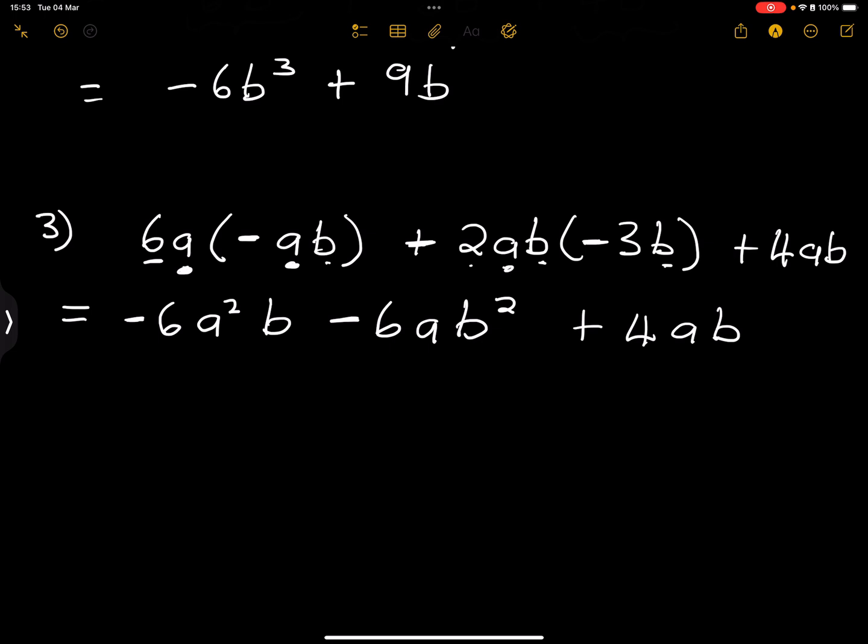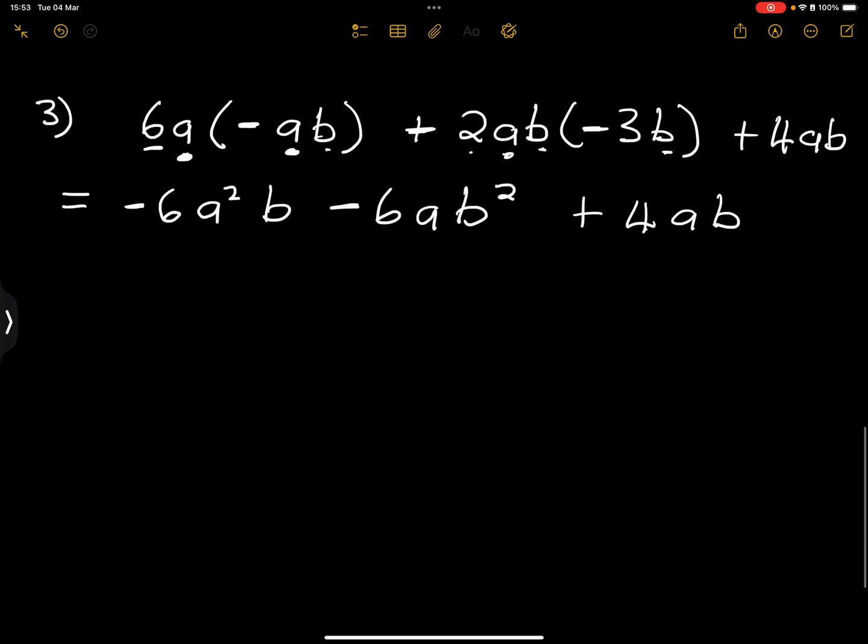We cannot add any of those because, as much as we've got similar variables, they don't have the same index or exponent. So we're going to leave that answer in that way. All right, let's take just 2 more. One you'll do on your own, and I'm going to do the other with you. So we've got 2x times negative 3x minus